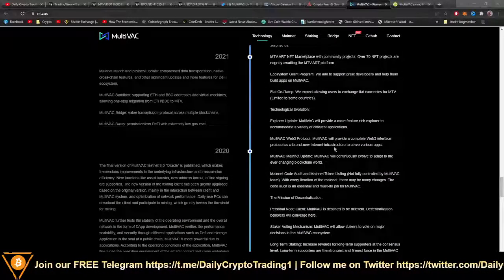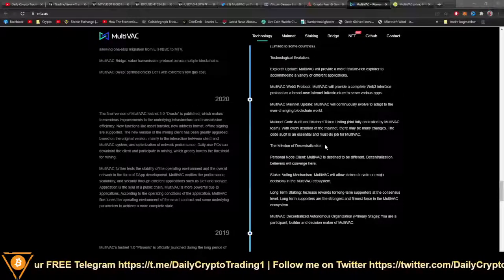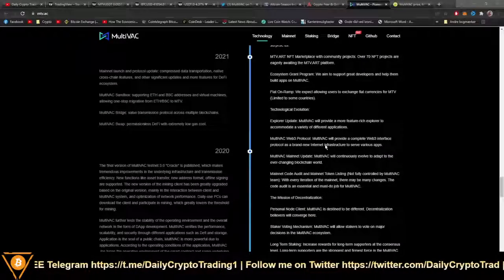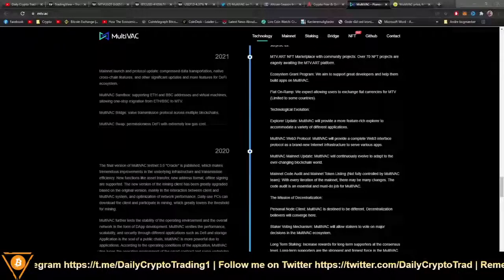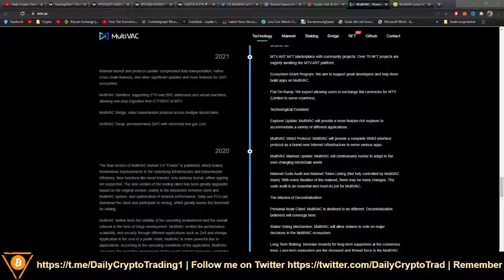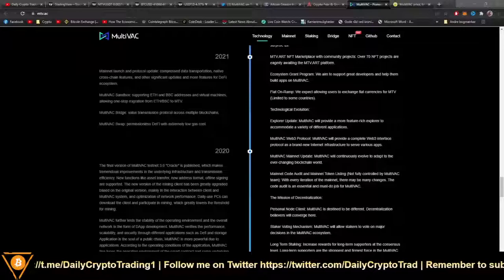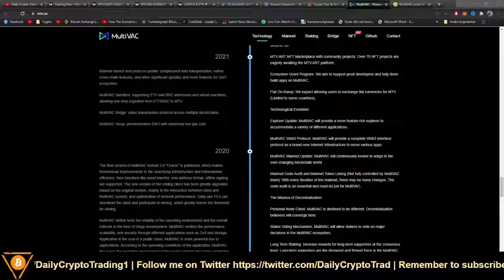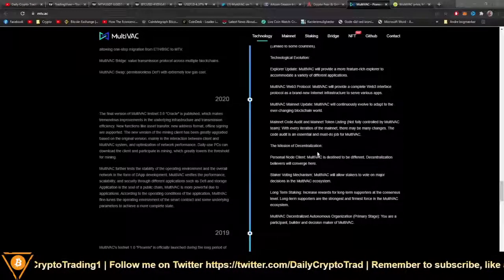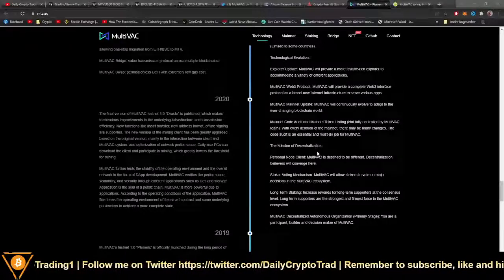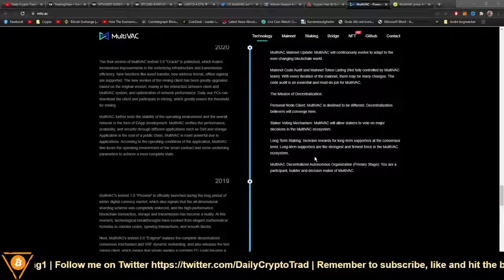I'm not going to read everything on this. Just understand there will be Web3 development. There will be more. The Explorer will get developed because the Explorer at the moment is boring to look at. Not gonna lie, it is really boring. So this is going to be getting more beautiful. Their mission is to decentralize and blah blah blah. This is just some kind of text I don't care about, right?